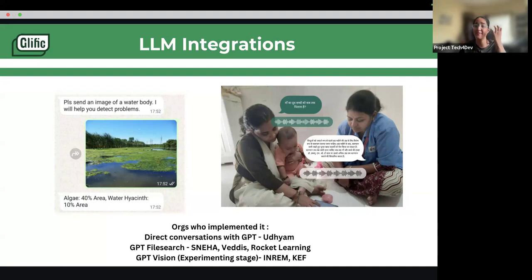So you can basically define the brain of the chatbot, saying, this is your brain, so any question coming within this circle, you can answer. If things are coming from outside, you don't need to answer. And you can also prompt by saying this is how you need to answer, this is how you can't answer, etc. We have different organizations like Sneha, Vedas, Rocket Learning, Circles of Safety using it. So one example, if I can use Sneha here.